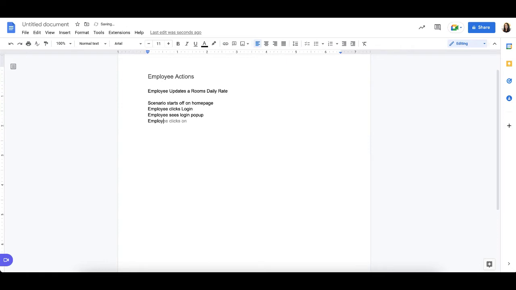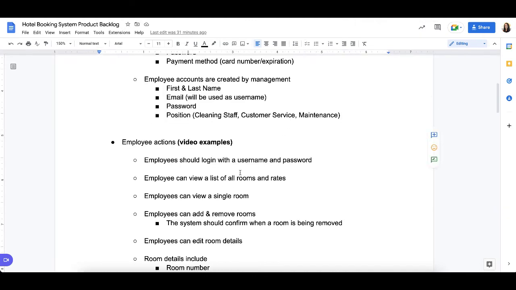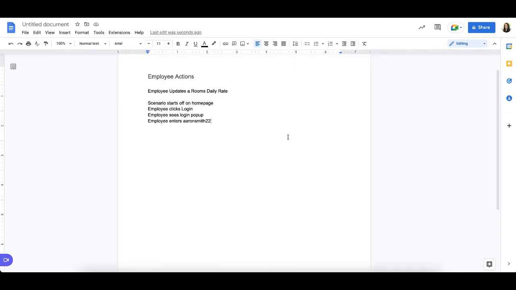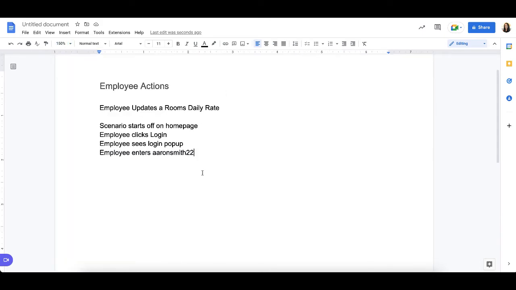So employee enters Aaron Smith 22. So why am I entering that? Let's jump over here. So they need to have their username and password. So all they need is username and password. So I'm going to say, let's make this a little bit bigger so it's easier to see. Employee enters Aaron Smith 22. Then we're going to have their password, and we'll say for username. And then we'll say employee enters